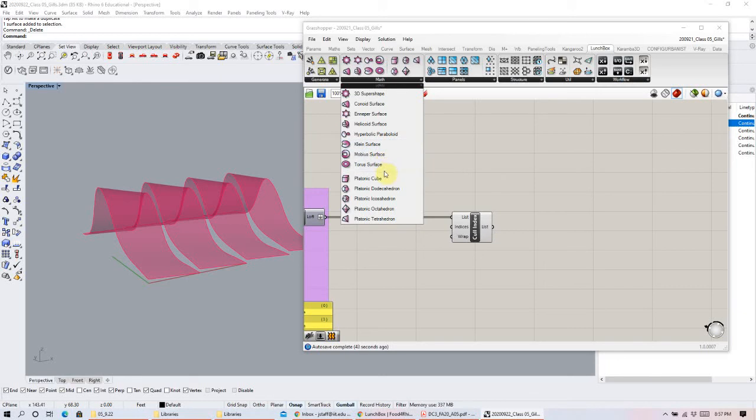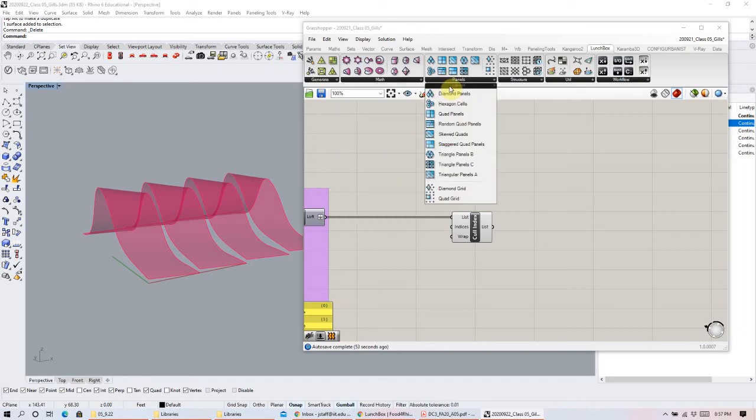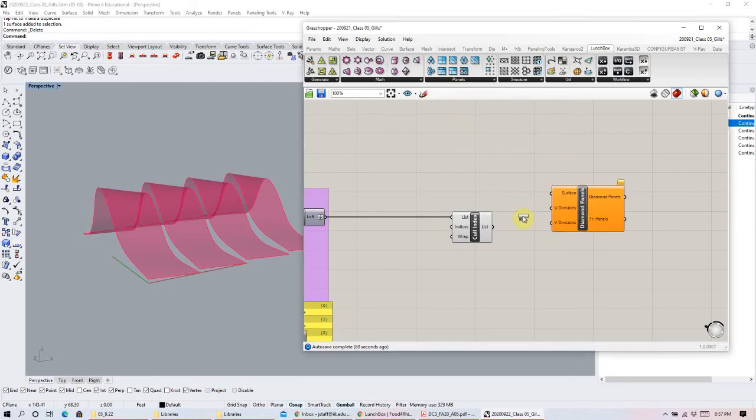But I'm able to control them parametrically, but they already have a certain mathematical formula in them, so I don't have to figure it out. Then the panels are what we want to talk about, in that if I choose, say, a diamond panel, all it really needs to create a panelized structure is a base of a surface base. So if I input my surface,